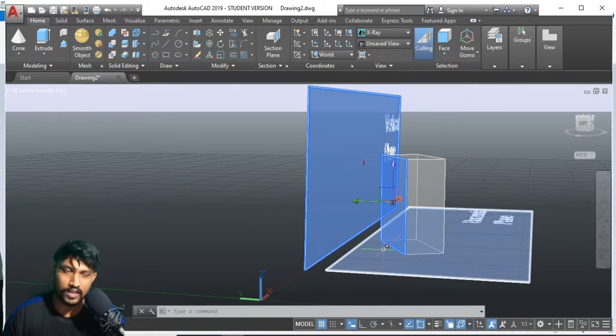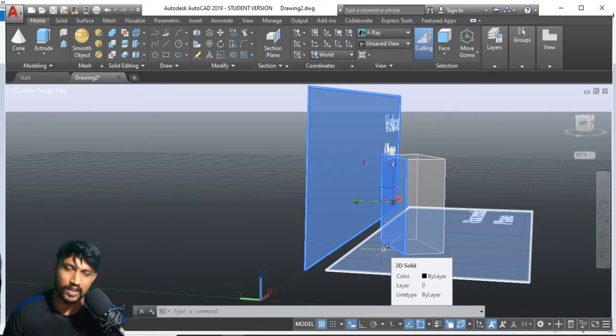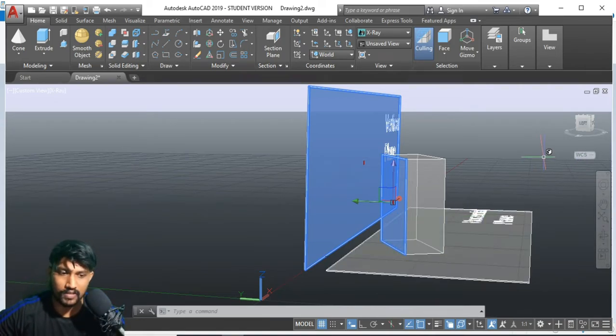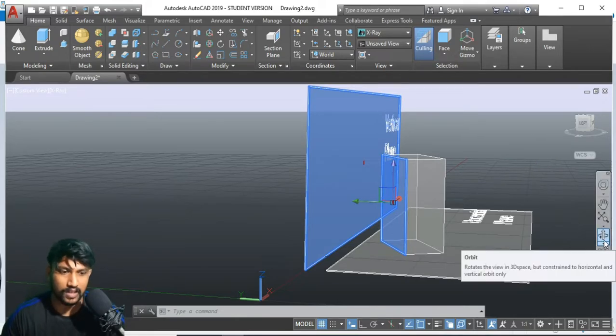He will give you that this particular edge at the base is making this much of an angle. So then how does it look from the front, and how does it look from the top? Likewise he will ask you to draw its projections. That is what it actually means.